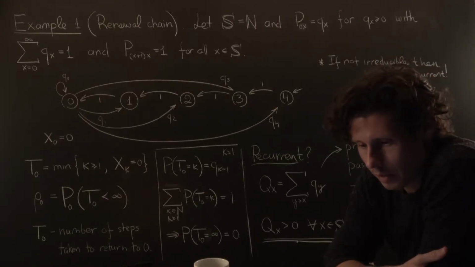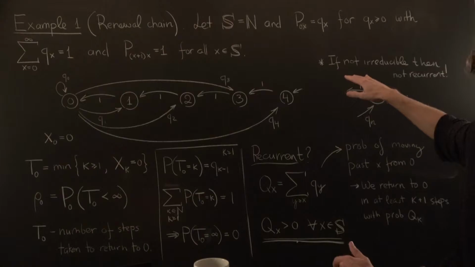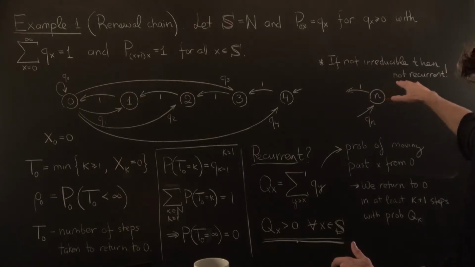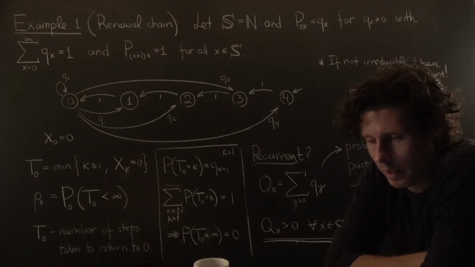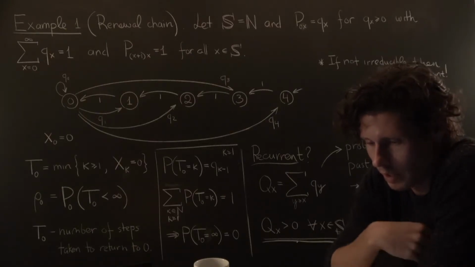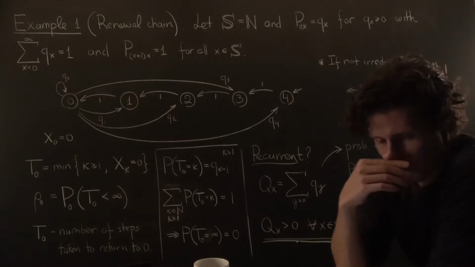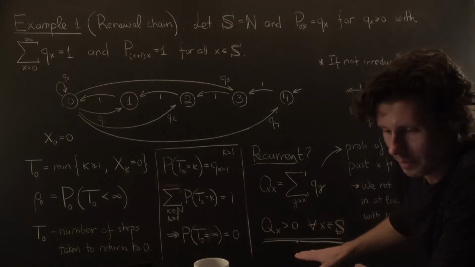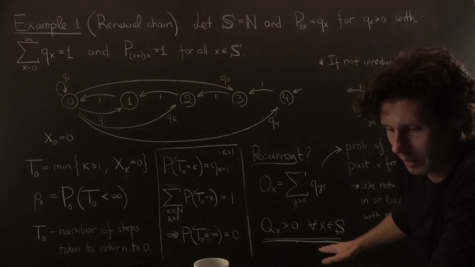For this particular example, I'm going to make the claim that if the renewal chain is not irreducible, then it's not recurrent. First of all, this is not true in general, and I'd ask you to think through an example where this is not true. But I'm going to argue that in this specific example, meaning in the setting of a renewal chain, this claim in fact holds. So how do we argue this? Well, first we have to revisit the definition for irreducibility. We concluded in the last clip that